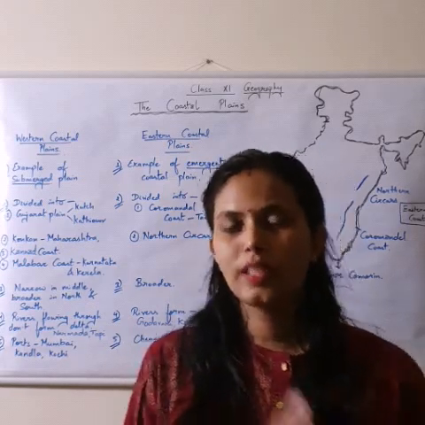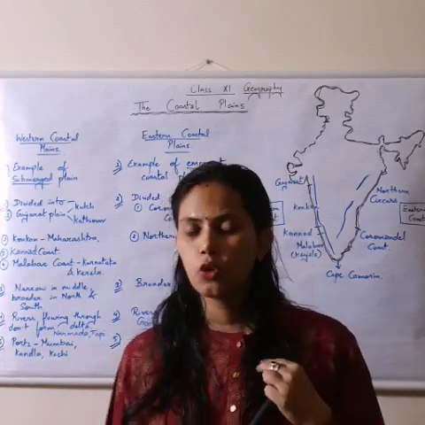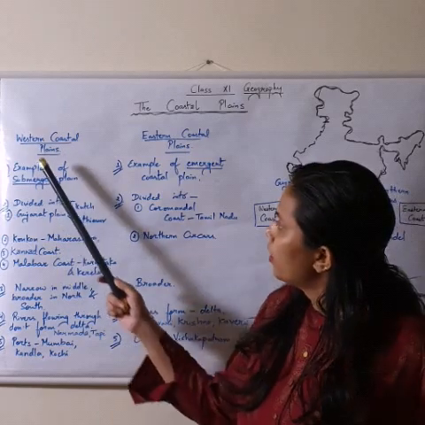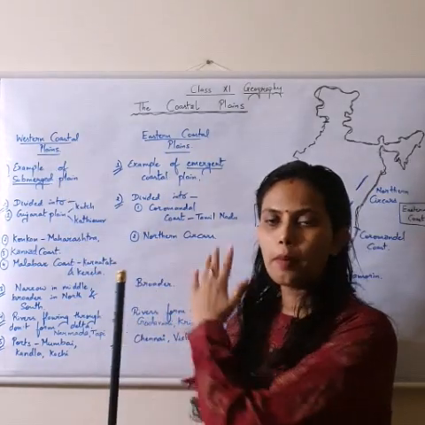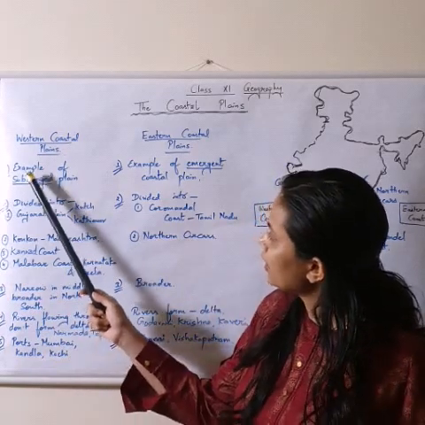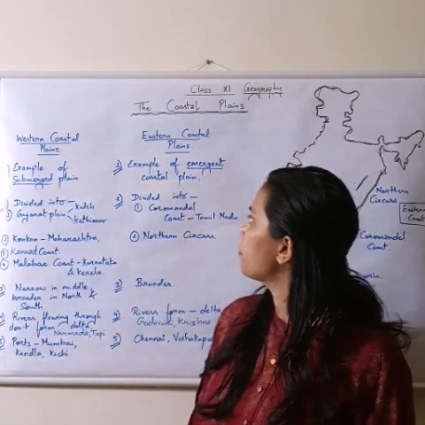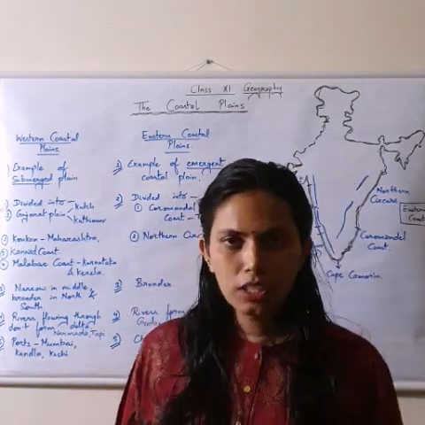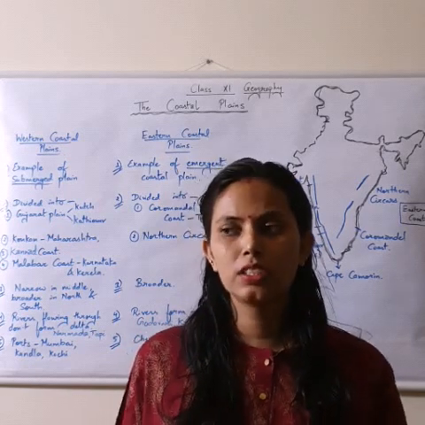Now there is a difference between the western coastal plain and the eastern coastal plain. We'll know that. Look here. The western coastal plain, the eastern coastal plain. I've shown you a comparative study, so it gets easier for you. This is an example of a submerged plain, and this is an example of an emergent plain. Now, the western coastal plain is an example of a submerged plain. Submerged means